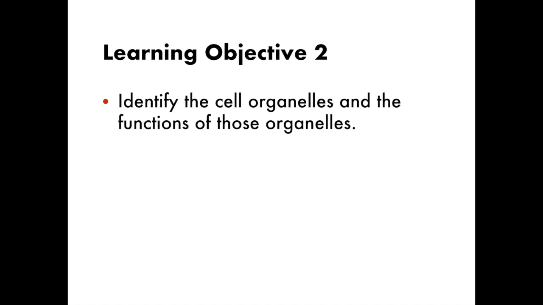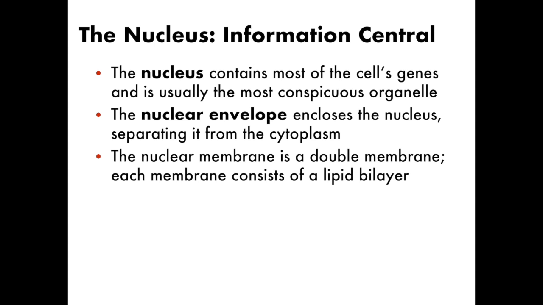Okay, our second learning objective is to look at different organelles, and I'm going to tell you about what the functions of those organelles are. So we'll start with the nucleus, that is the one that's most obvious in a eukaryotic cell. It includes almost all of a cell's genes, and if you look under a microscope, that's the one you're likely to